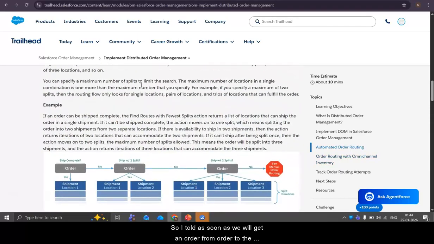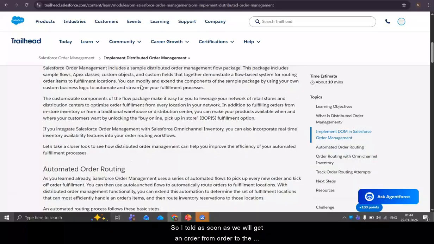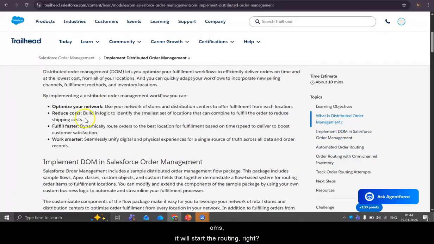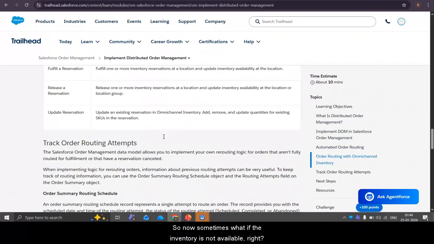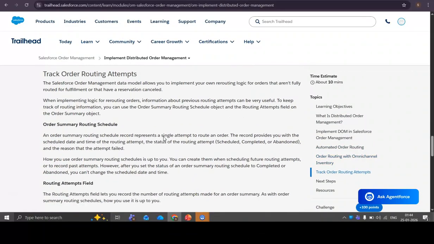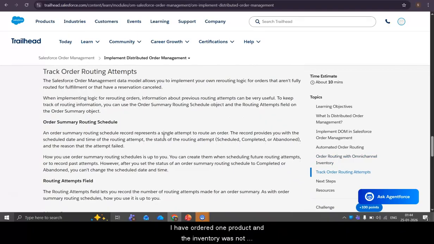So I told you, as soon as we get an order into the OMS, it will start the routing, right? Now sometimes what if the inventory is not available? I have ordered one product, and the inventory was not available, or because of some reasons it didn't route the order, or it didn't create the fulfillment order, or it couldn't identify any fulfillment location to assign this order.